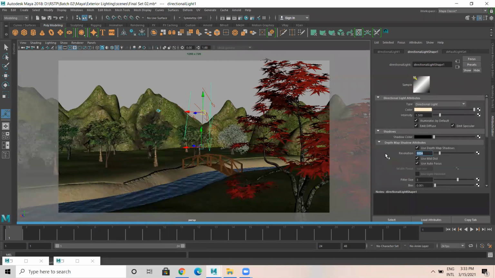Instead of 1024, let's multiply by 2 or 3, which is 2048, and filter size I'll make 2, or 3. Or even increase the resolution to 4096. Let's see how much time it takes. I also need more brightness, maybe 2.5.